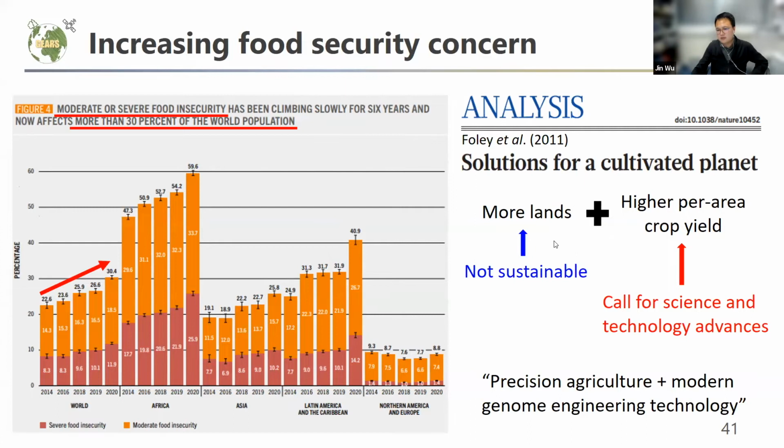Like we just mentioned, hyperspectral remote sensing potentially can be used to detect nutrient deficiency, so it can contribute to the precision agriculture part. But at the same time, hyperspectral remote sensing with high-throughput phenotyping capability potentially can also be integrated with modern genome engineering, so that we can screen some favorable traits to help improve modern crop breeding technology. So that's just some thought.